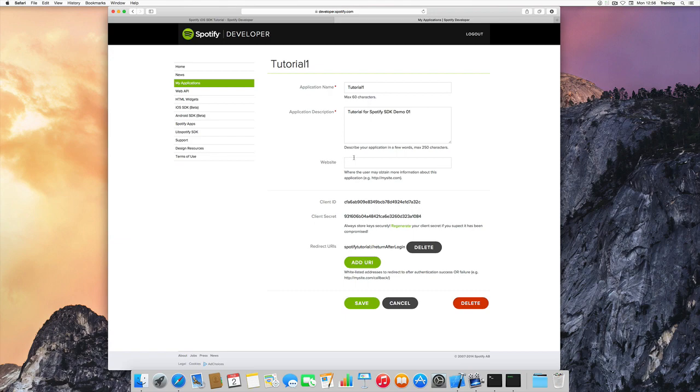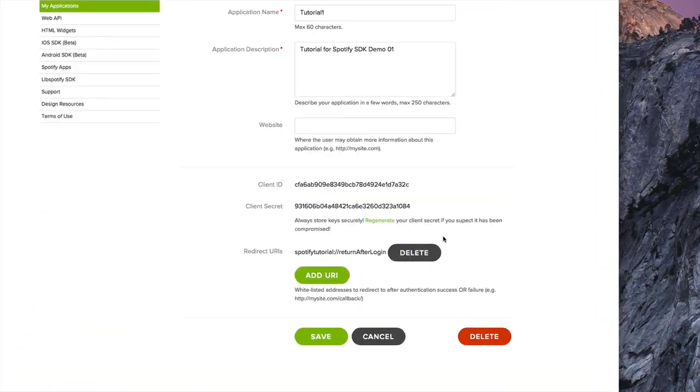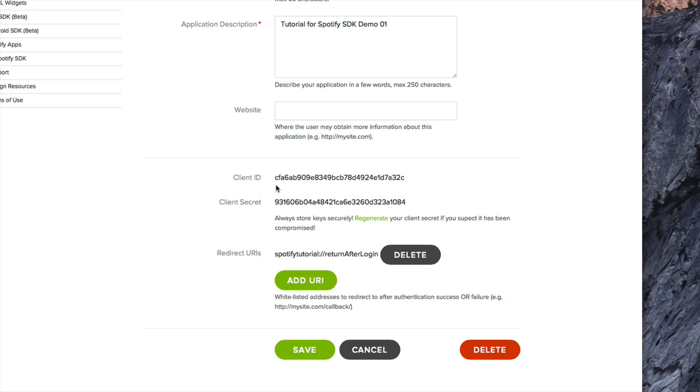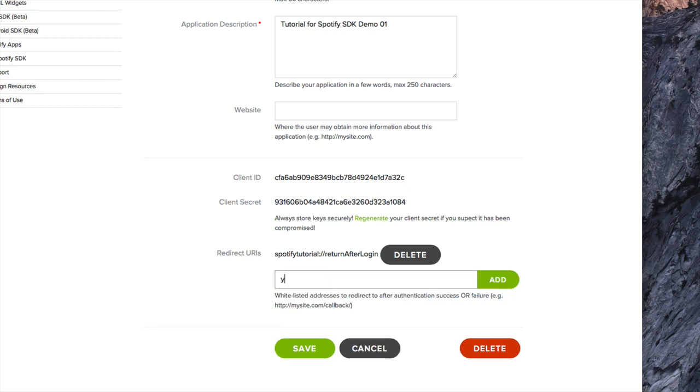And you could also enter a website, but the most important thing actually is here at the bottom, which is the client ID, the client secret, and this redirect URI. And as you can see, this looks like an ordinary URL, except for the protocol here at the front, which is Spotify tutorial. So if you add an URI, so you click on add URI, and then you could say something like your app name ://